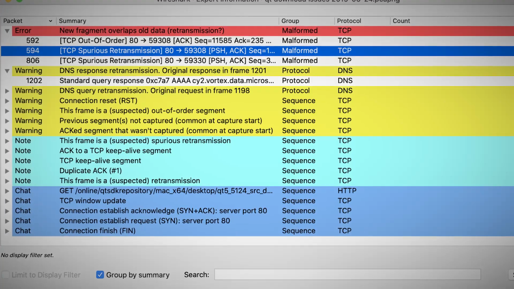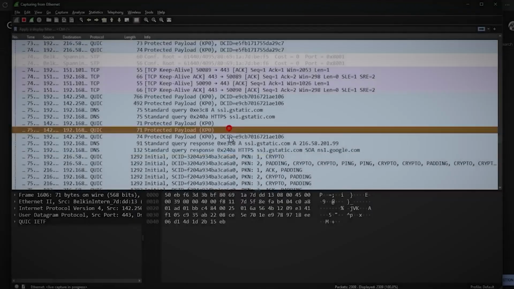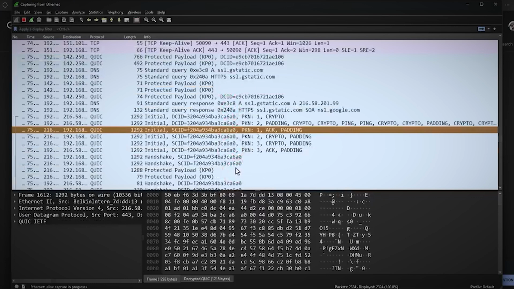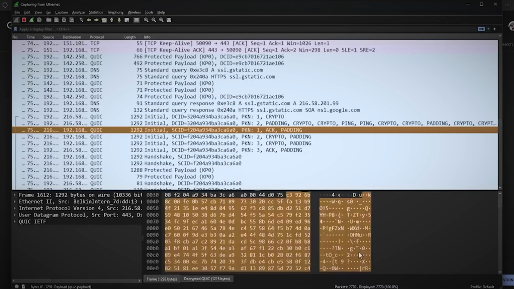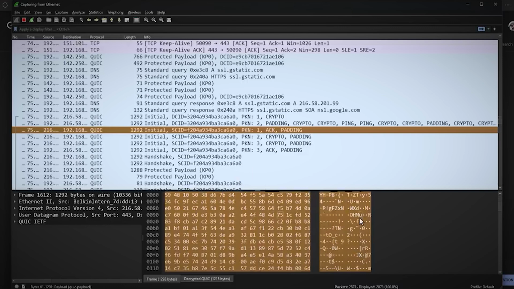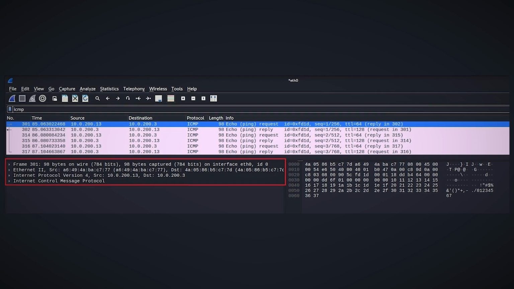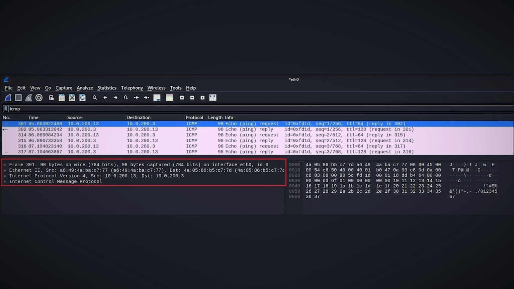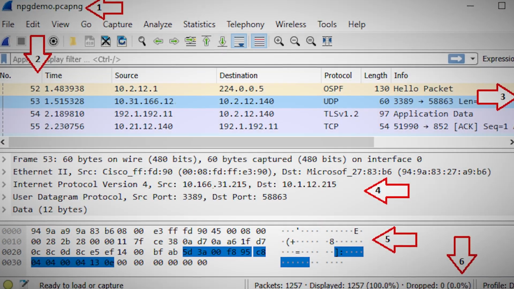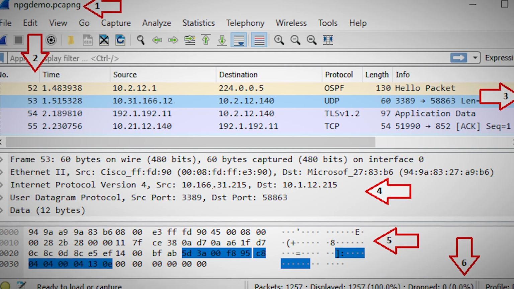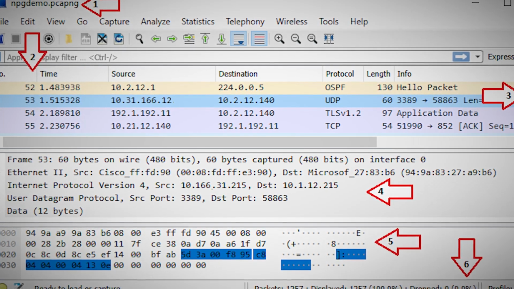Now, let's zoom in on a single packet. Click on any line in the packet list and you'll see more detailed information appear in the panel below. This panel is divided into two parts: the packet details pane and the packet bytes pane. The details pane shows you a breakdown of the packet's contents, organized in a hierarchical structure. You can expand each section to reveal more information about different aspects of the packet, from the low-level Ethernet frame